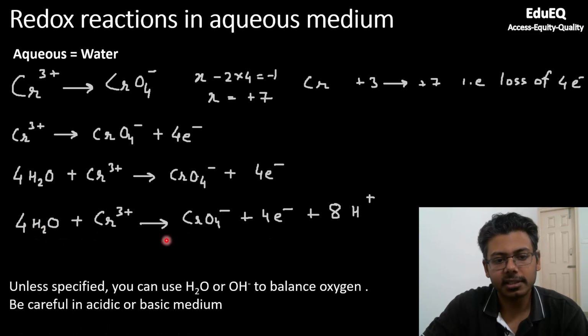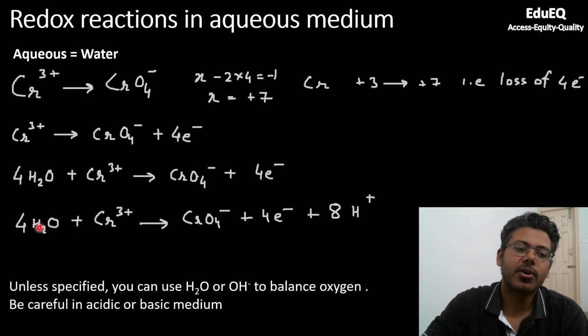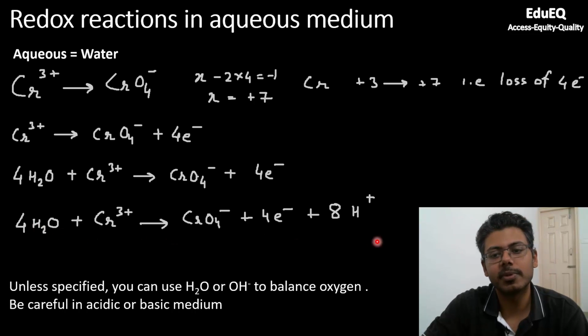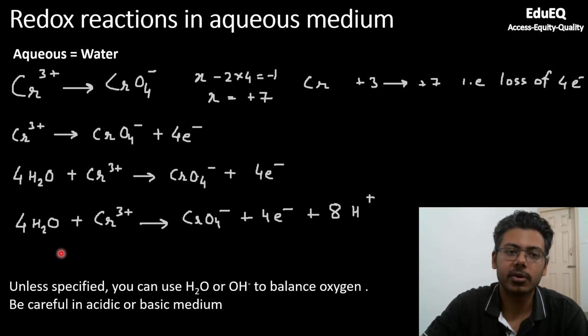If you look at this reaction, you will have 8 hydrogen, you also have 8 hydrogen here. You have a single chromium atom, here also you have 1 chromium. You have 4 oxygen here, you have 4 oxygen here also. Now coming to charge. The net charge on the left hand side is 3 plus. The net charge on the right hand side is, this is minus 1, this is minus 4, because each electron has minus 1 charge. You have 4 electrons. So minus 1 minus 4 is minus 5, plus 8, because each hydrogen has plus 1 charge. So minus 5 plus 8 is again plus 3. So charge is also balanced, and your hydrogen, oxygen and chromium are also balanced. So this becomes a balanced equation in aqueous condition.